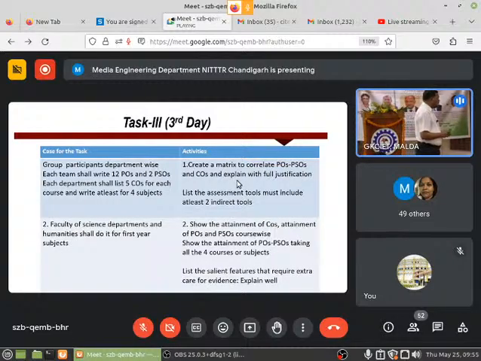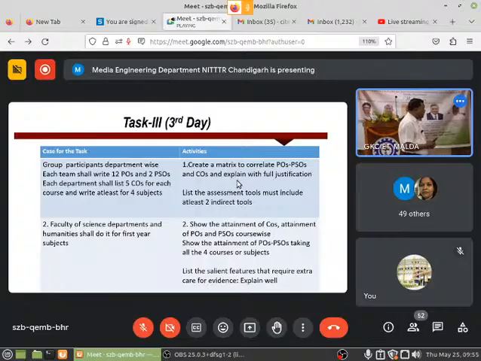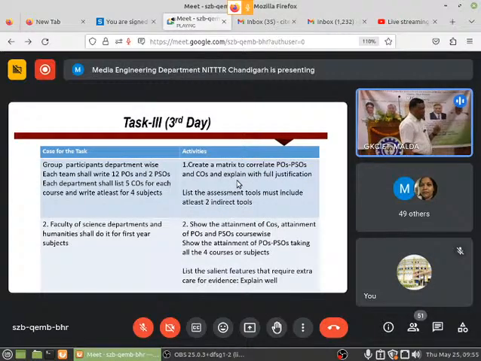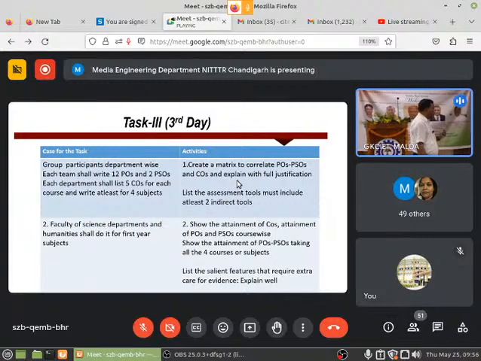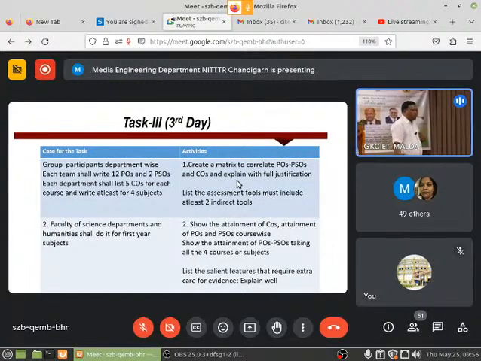What is the third center which is left? Sir, AIKTC Maharashtra, Mumbai. So, Center Mumbai, you will be the last to give observation comments on this, because once the correlation matrix is discussed by Manipal, the CO calculation is done by Ambala, and the PO and PSO attainment is done by JKCIT Malda, Mumbai Center, you have to tell what things they have missed, or you may also appreciate when they have done something good.